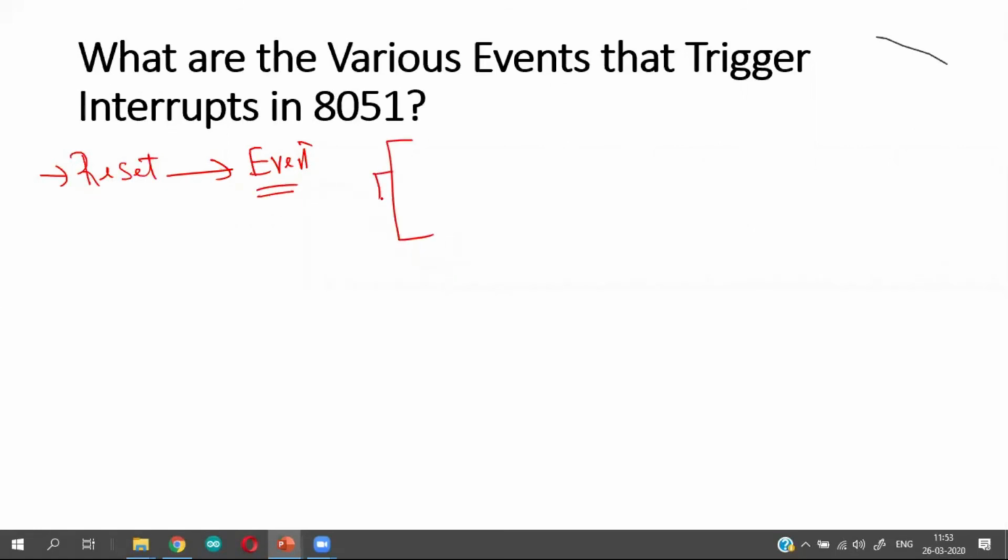When the reset pin, which is pin number 9, is connected to power supply, VCC, or whenever the microcontroller undergoes reset, this reset interrupt is triggered.